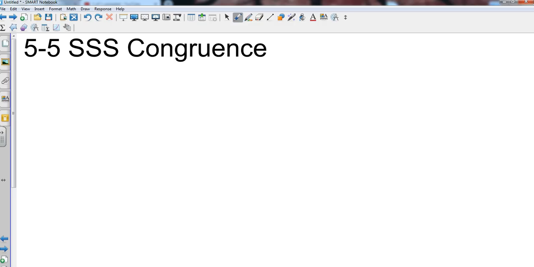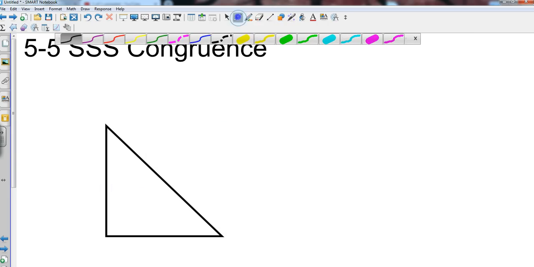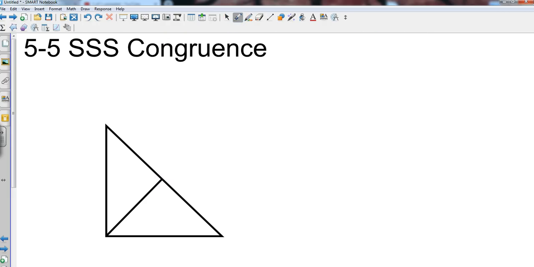So what I would, let me get an example. Let's say if I took this here, and let's say I could label these anything, B, C, D. And if I wanted to know if triangle ABD is congruent to triangle CBD,